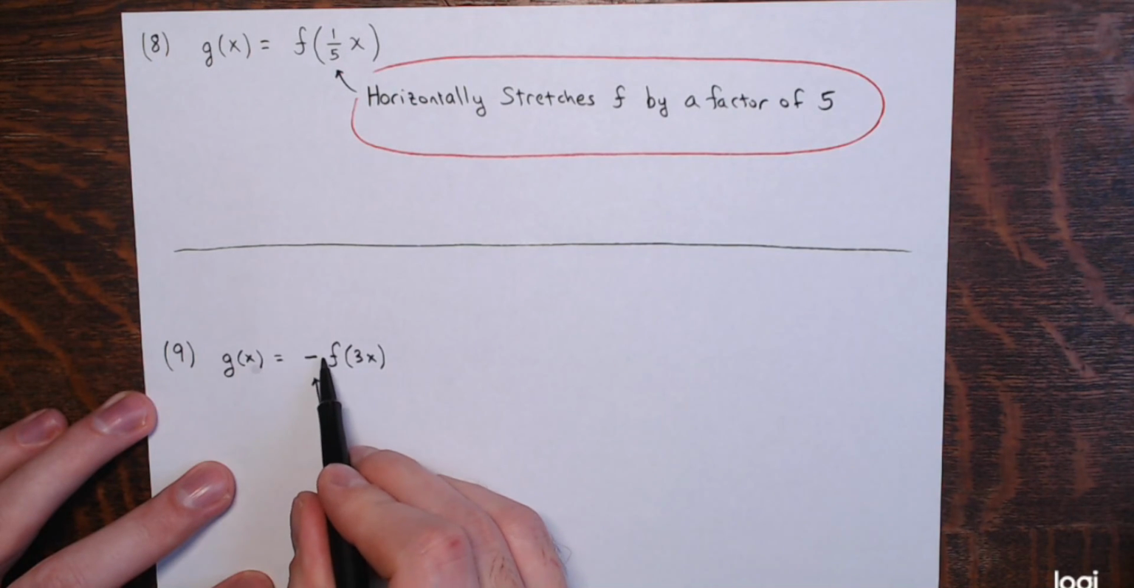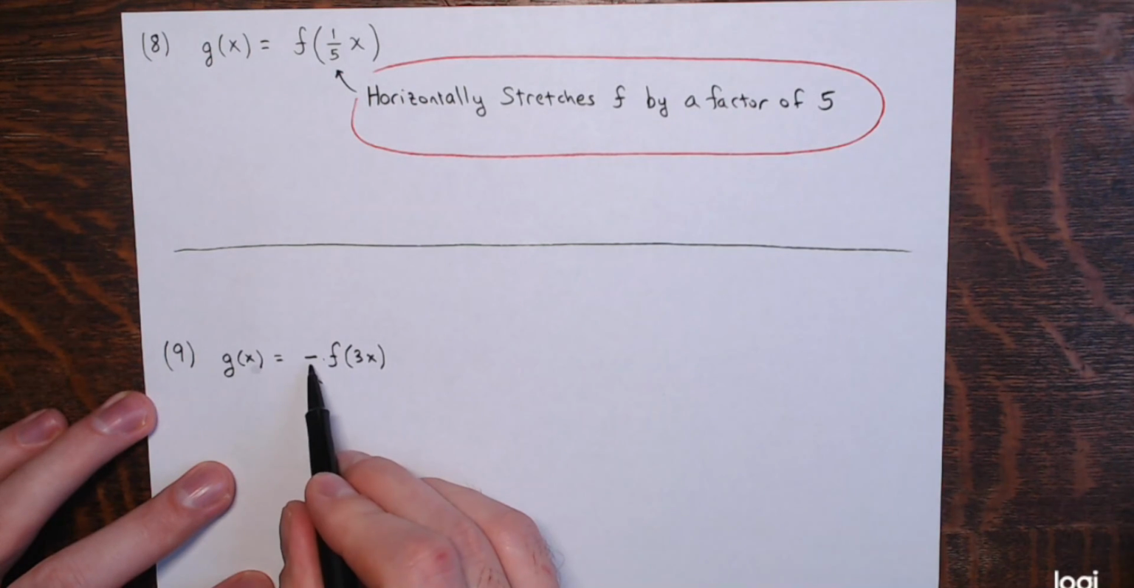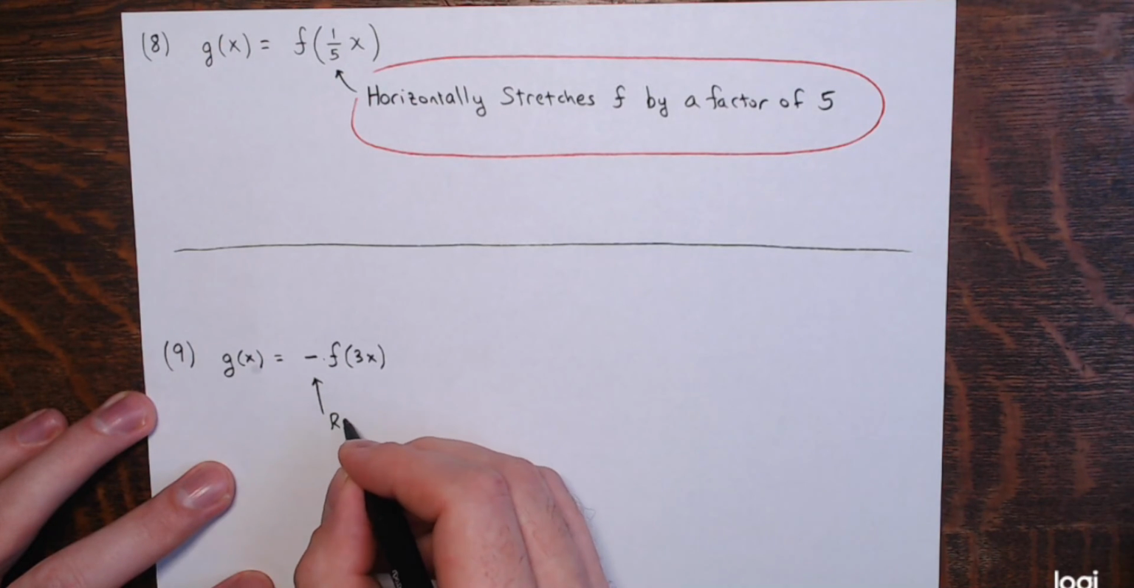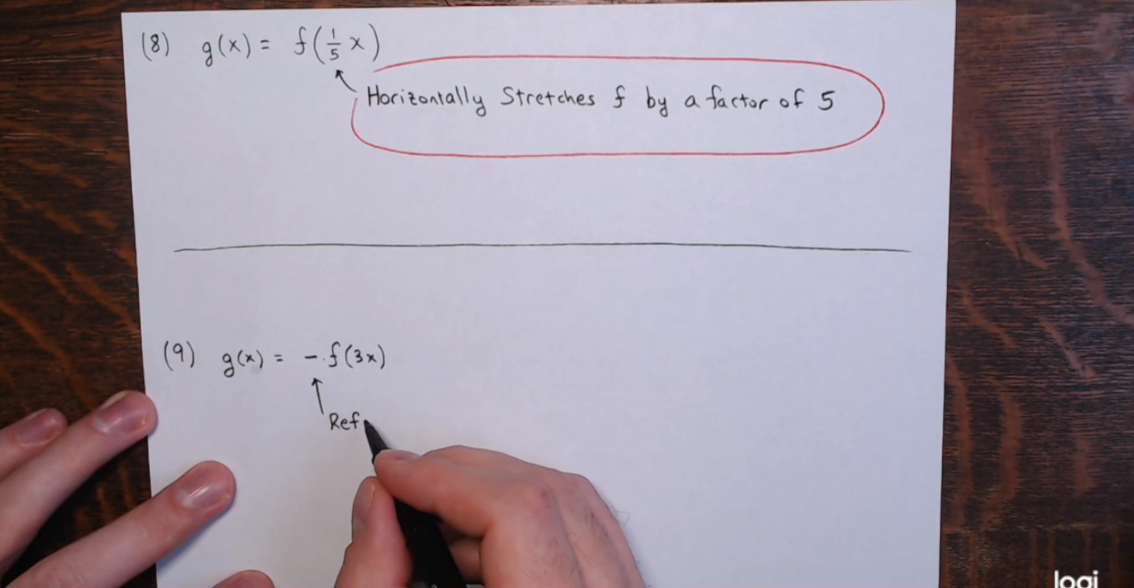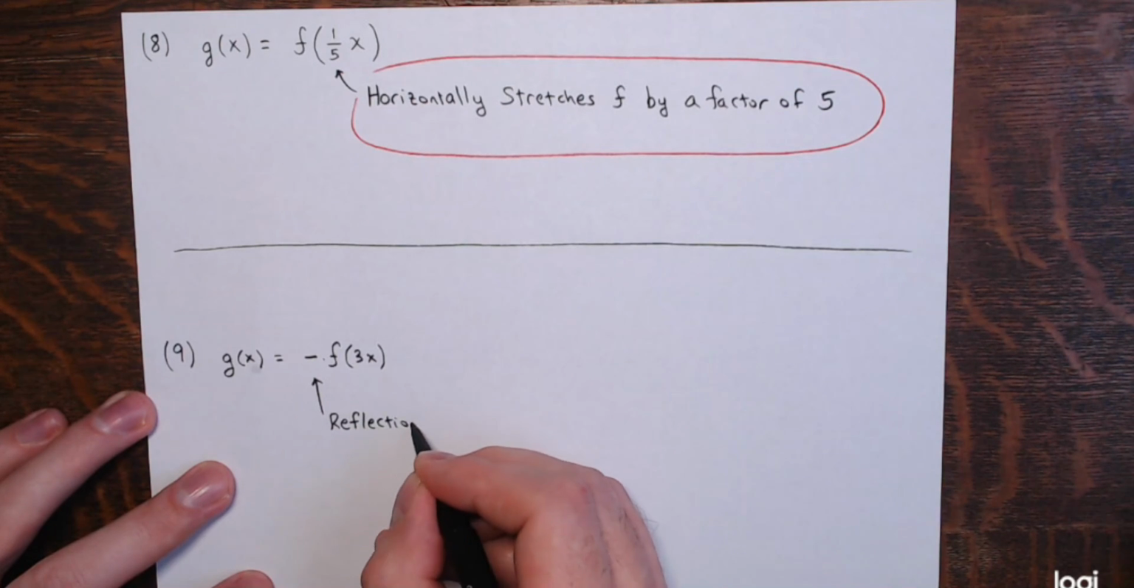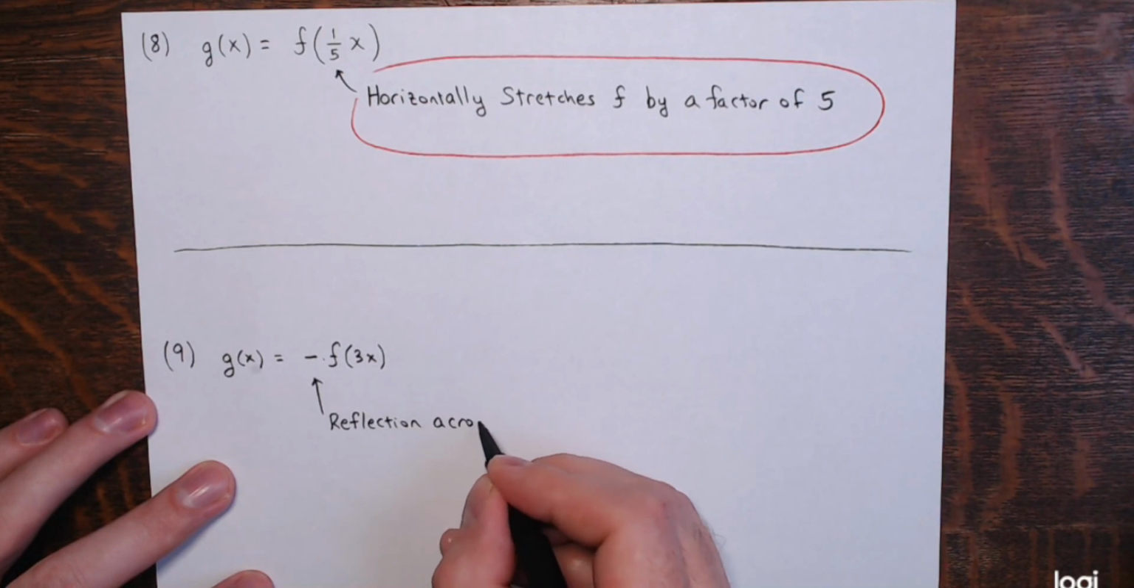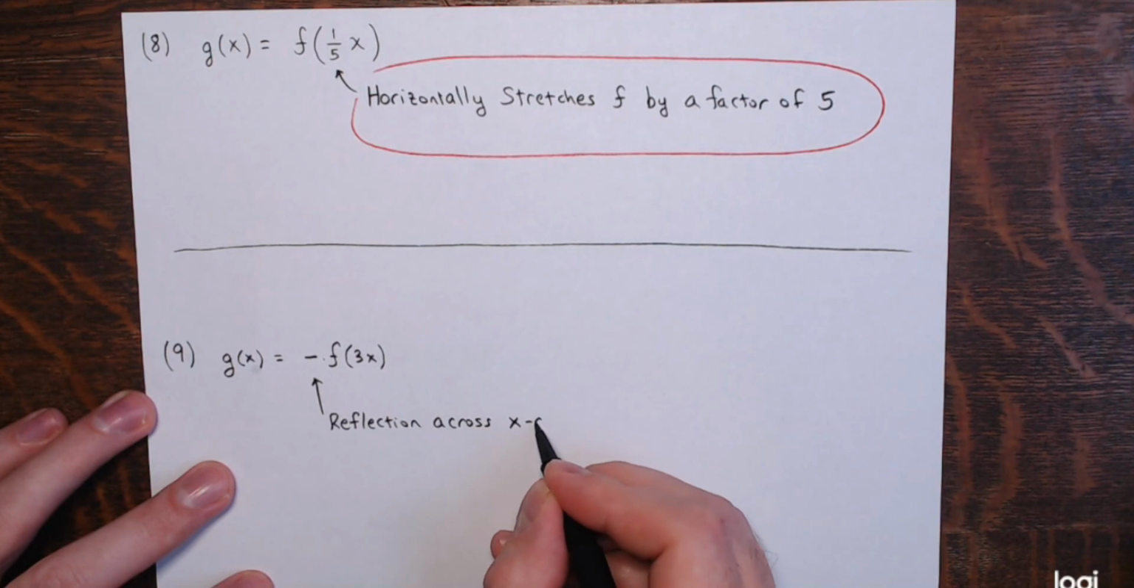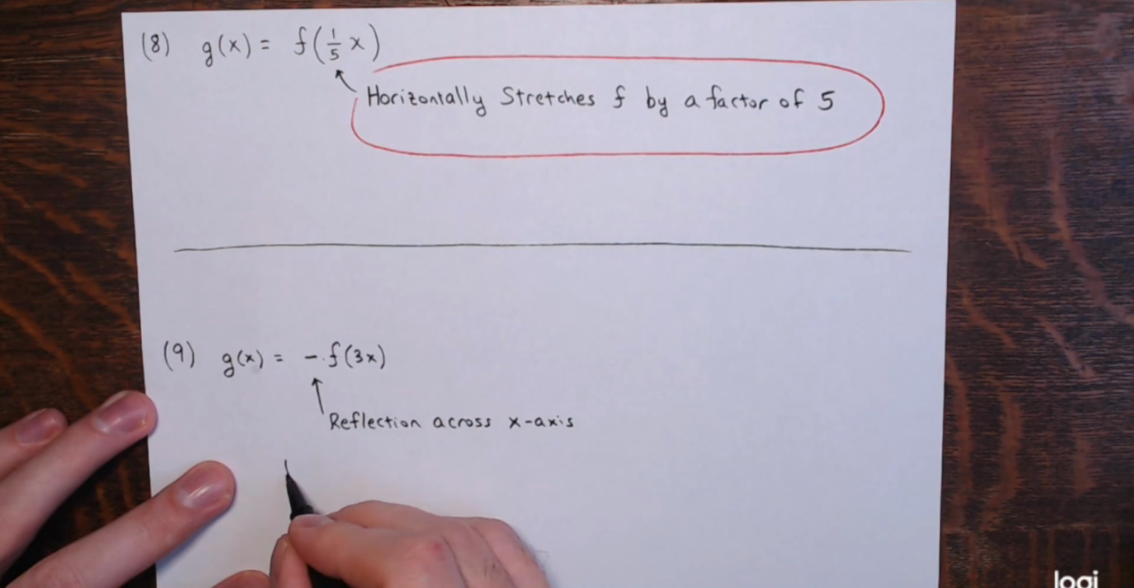So this -1 on the outside, remember, multiplying a function by -1 will reflect it across the x-axis. That causes a vertical reflection. So we have a reflection across the x-axis. Then,